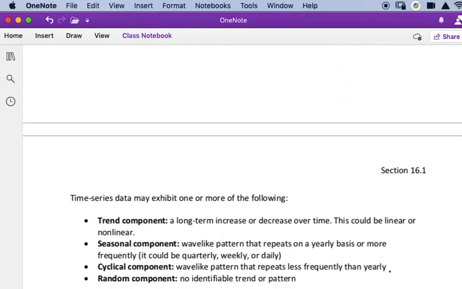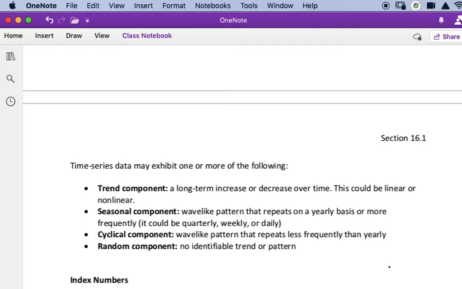So, time series data may exhibit one or more of the following. The trend component is the overall long-term increase or decrease over time. It could be a linear or a nonlinear trend. If it's a straight line, or it could be a different shape, you might have more exponential growth, which would be great. A seasonal component would be more of a wave-like pattern that repeats on a yearly basis or more